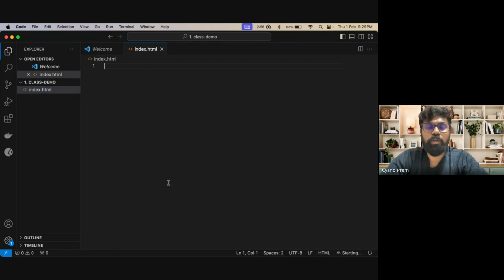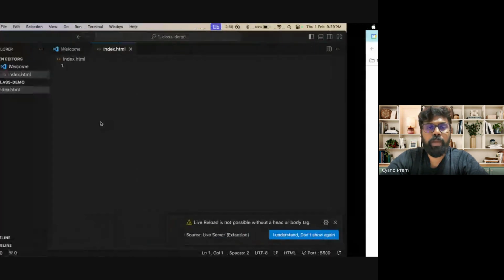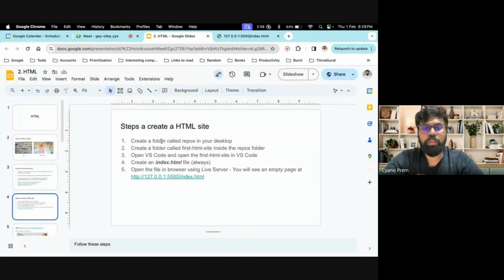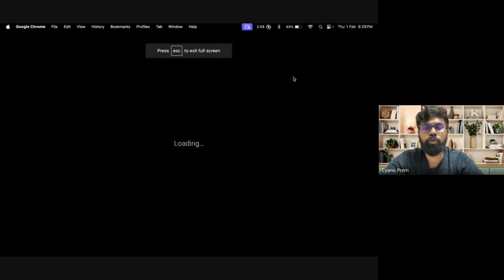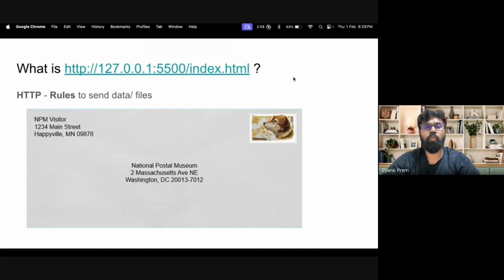Okay, so I'm clicking here. So my live server is opened at this thing. Okay, so basically what is happening is my index.html file is running in my browser here. So soon you will understand how it works at the backend and all, right? So we'll keep going. These are the steps which I have demonstrated to you. You can also try it after the class.